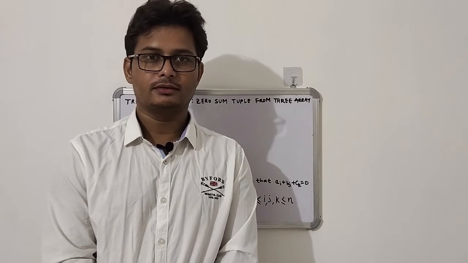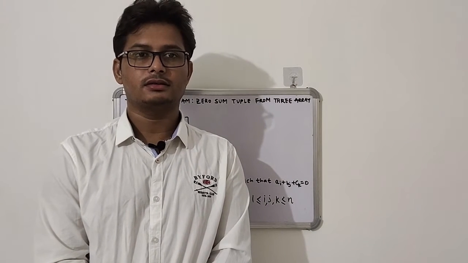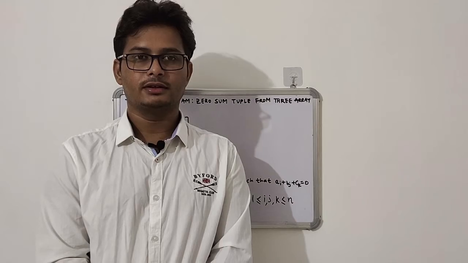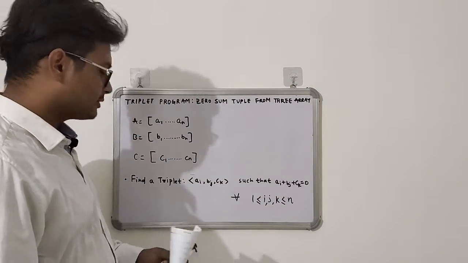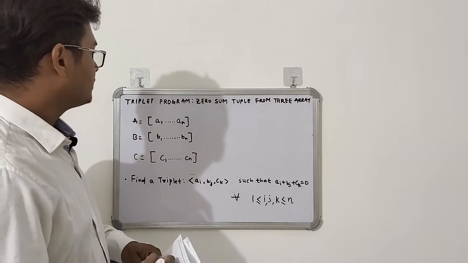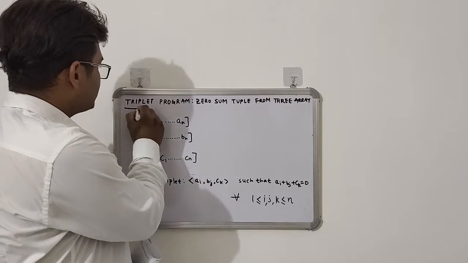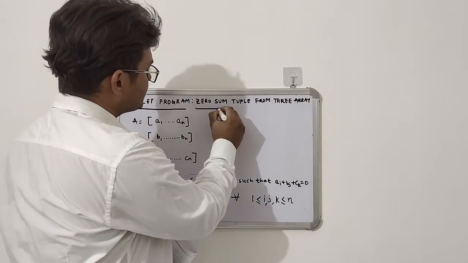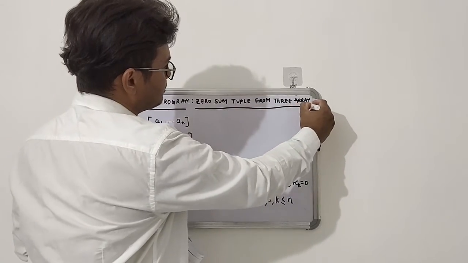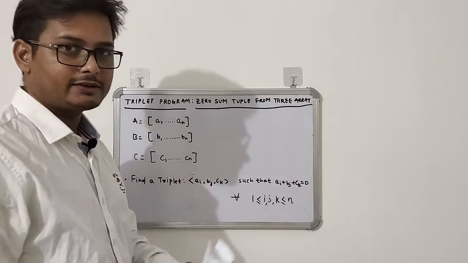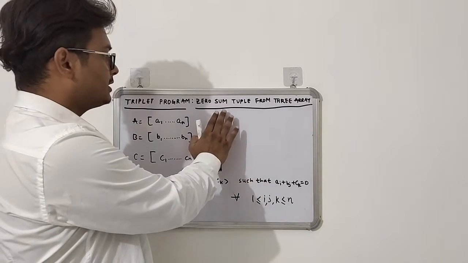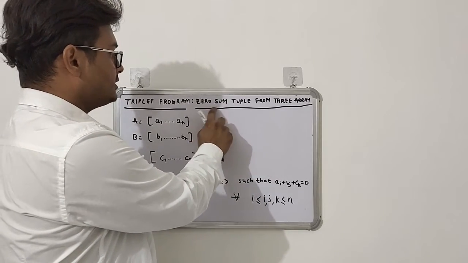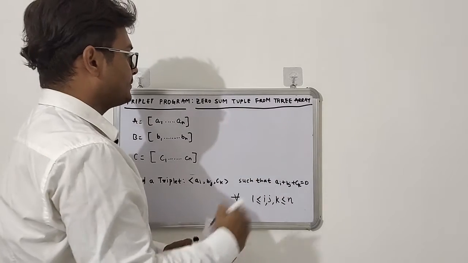Hello to everyone. Today we will see a more interesting question, and the question is called triplet program. This triplet program is also called zero sum tuple from 3 arrays. As it is clear from the name itself, zero sum tuple